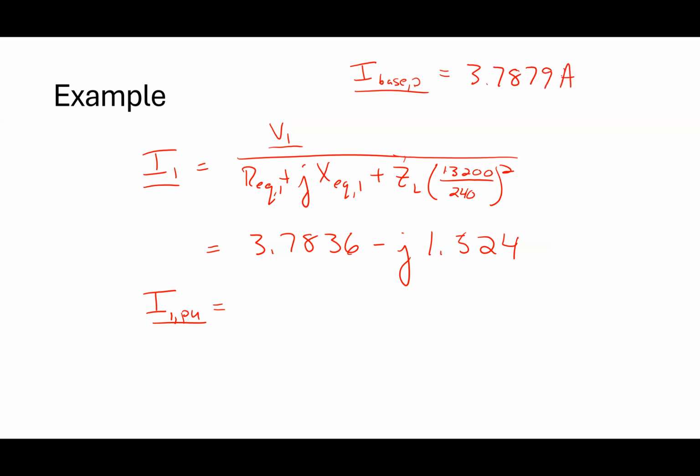If I divide I1 by the base on the primary side, this works out to be 0.9989 minus j times 0.4072. If I take the magnitude of that,